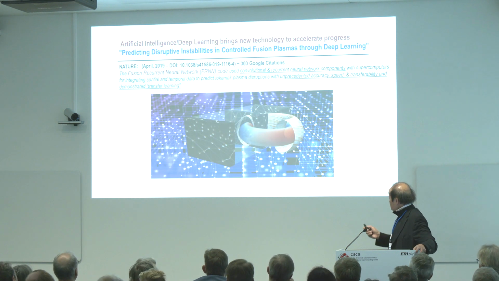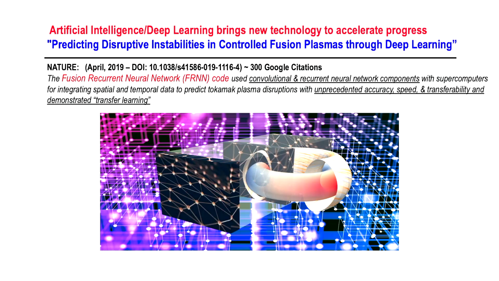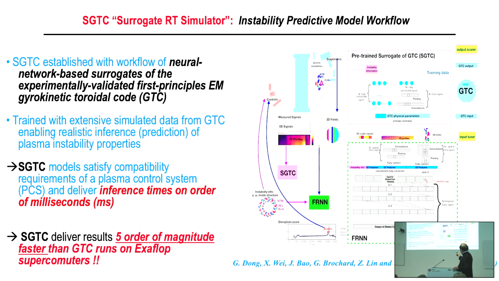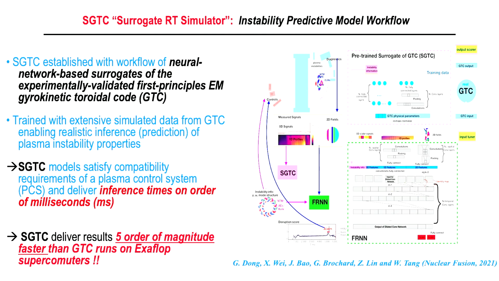And so this is just an example of how we're deploying AI deep learning to deal with a tremendous amount of data that's been accumulated in the Joint European Torus, and in the General Atomics DIII-D machine. I'm not going to go through details of this, but it's very well articulated in this Nature paper. But this is quite interesting. I won't go through the details of this flow chart on the right-hand side, but one of the things that really is moving forward extremely rapidly is that you come up with surrogate models, okay?